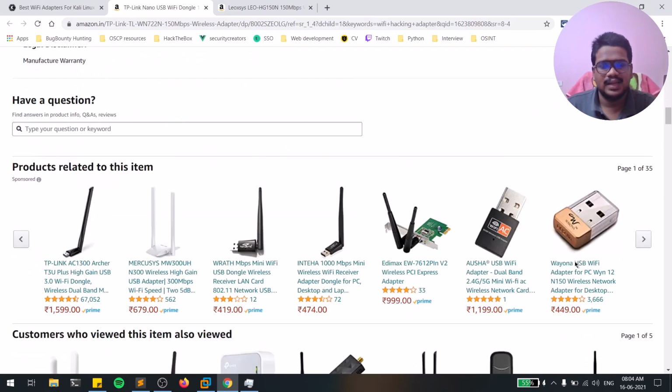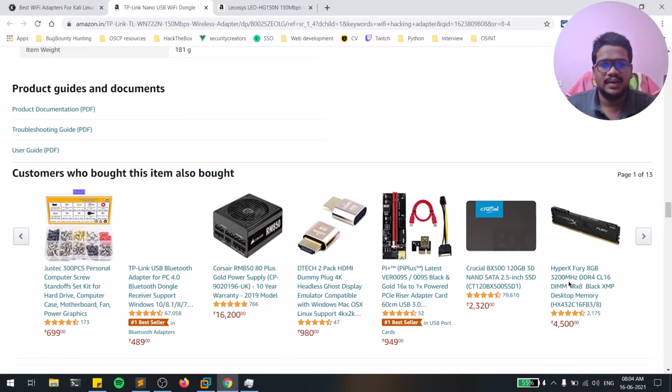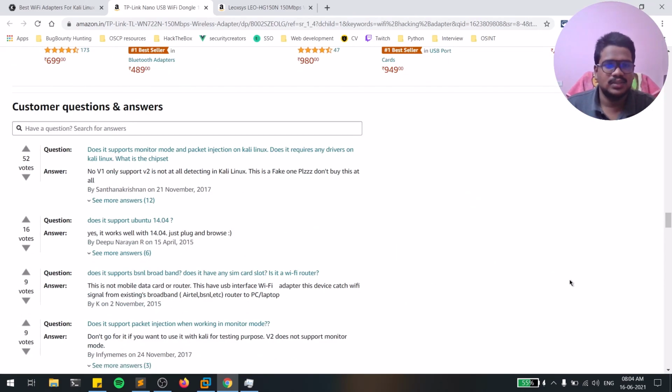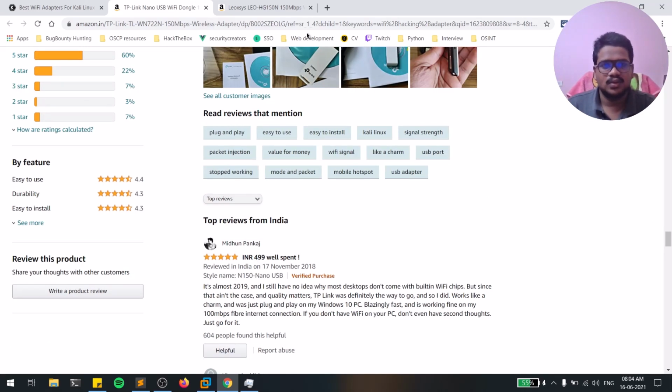So if you still have this thing, there are some ways, but I can't recommend that, guys, because you can see many questions over here. No V1, only V1 is supported for Kali Linux, and the rest don't support it. So don't buy this thing. Don't waste your money buying this.